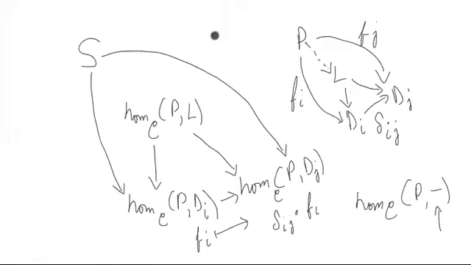Let's look at how we can see that the Hom functor of a limit is actually a limit of Hom functors. So let's let L be the limit of a diagram D. And if you take this diagram D and you apply a Hom functor to it, like this one where we're inputting things right here,